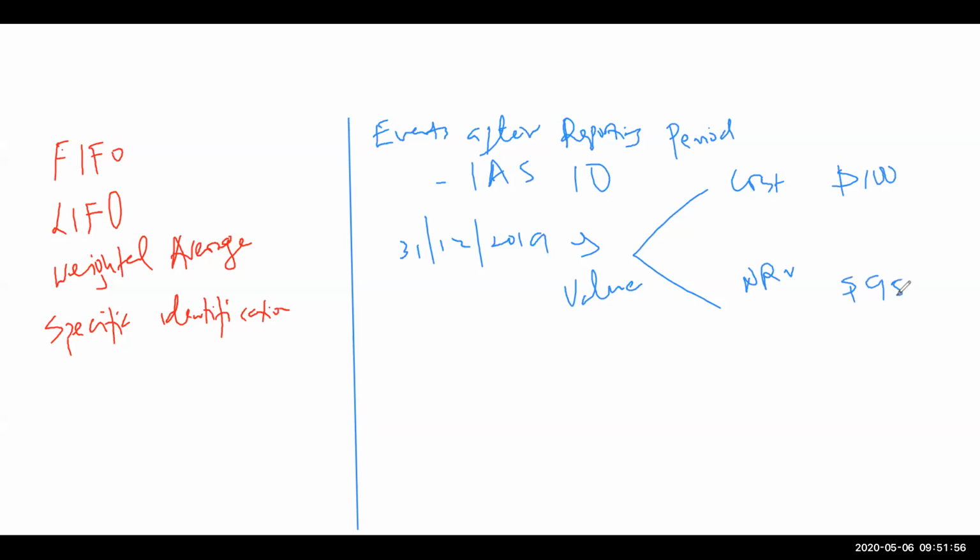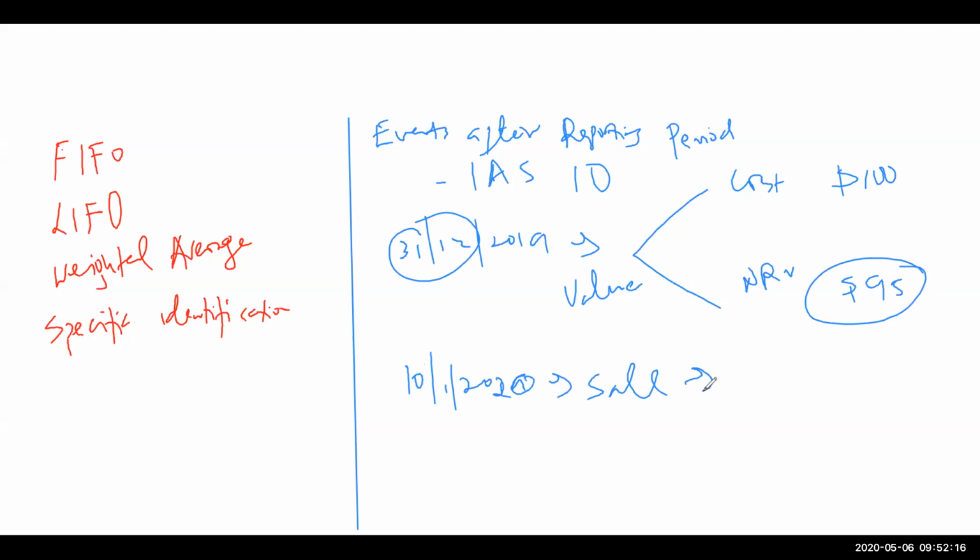Of course, the closing value at year end, we valued the inventory at 95, because it's lower. Now, don't forget this is at the 1st of December. If on the 10th of January 2020, the company made a sale of that inventory, and the selling price was, let's say, 87,